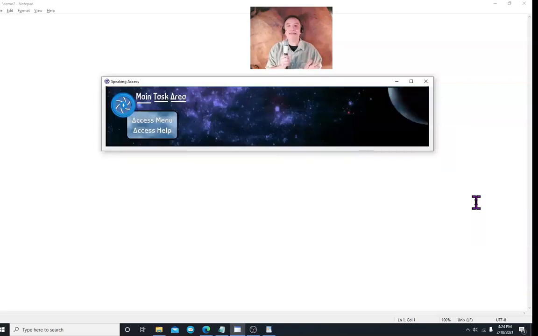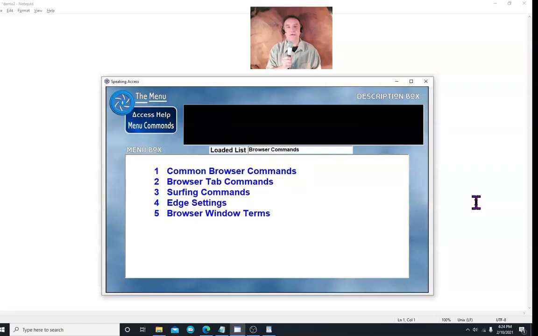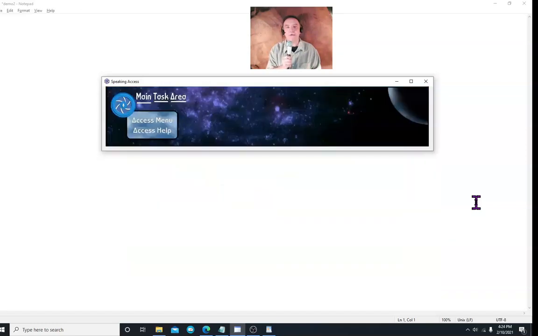Ready. The only way I can say it is, instead of saying access menu, say that you're in the browser and you want the browser commands. You don't have to go access menu, internet thing, whatever. You just say browser commands. Have loaded browser commands. 5 items in list. 1 common browser commands. Close menu. Main task area. Ready. So all I had to do is, instead of saying access menu, I said the browser commands command, and then to make another point,